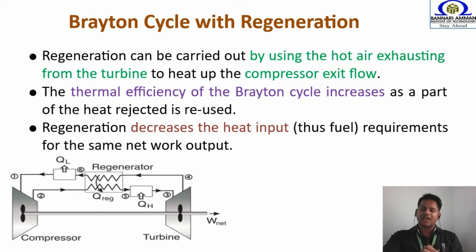We are utilizing that gas for preheating the compressed air. So already you have preheated the air. So what happened? In the combustion chamber, the energy required for producing the high enthalpy content gas is reduced. So in the overall picture your fuel consumption is reduced, and finally the efficiency of your cycle is increased. So the overall objective of this modification of the Brayton cycle is very simple. We are increasing the thermal efficiency of the Brayton cycle by using waste heat recovery.